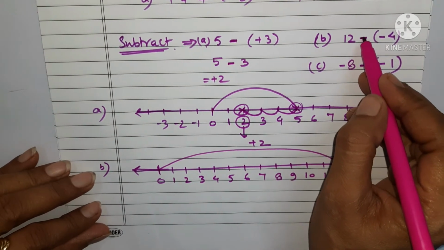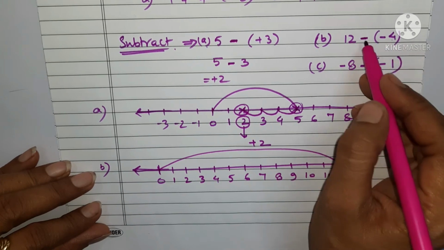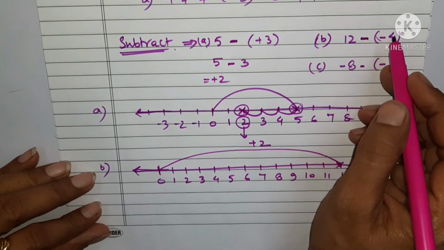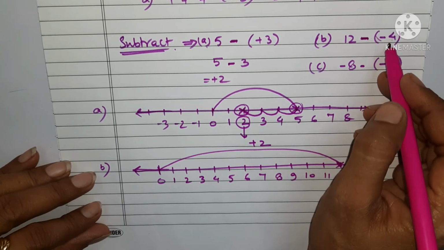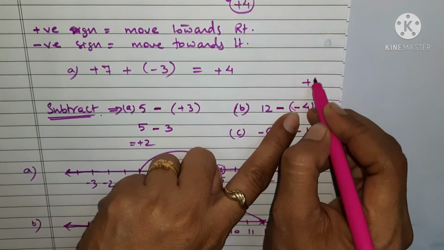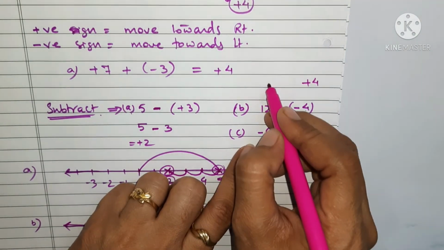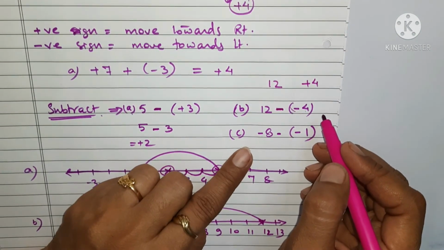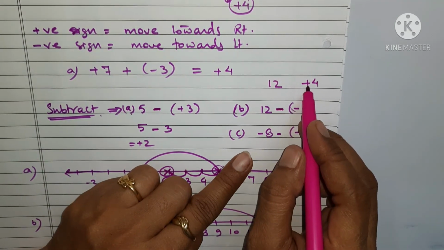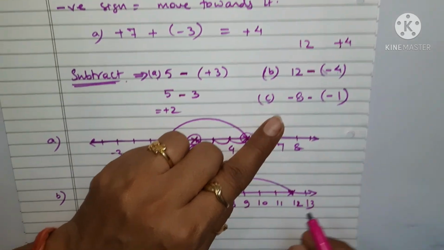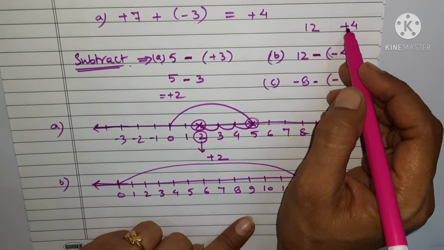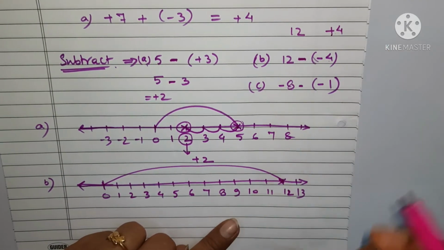Then what is there? Minus and minus 4. Now, as I told you, if a minus sign is outside the bracket, it means you have to find the additive inverse of what is inside the bracket. What is inside the bracket? Minus 4. So, what is the additive inverse of minus 4? It is plus 4. So, what will be the question in that case? 12 plus 4. Or in other words, minus into minus is giving you plus. Now if 12 plus 4 is there, it means further you have to move some points, and it is plus here. Since it is plus, it means you have to move towards the right direction.